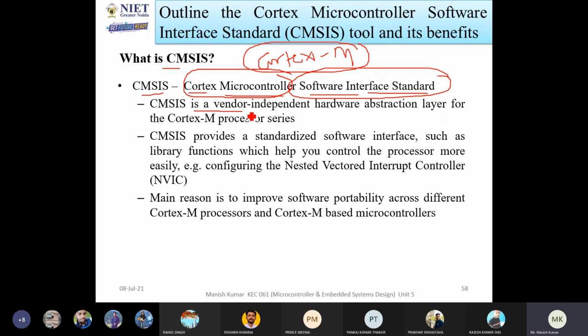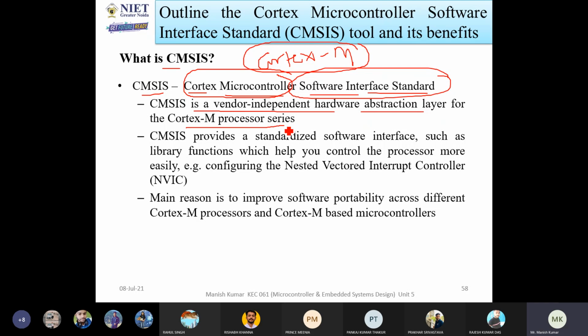Now, it is a vendor independent hardware abstraction layer for the Cortex M processor series. All of you have heard that if you are going to buy any microcontroller or microprocessor, some software will be required for it.